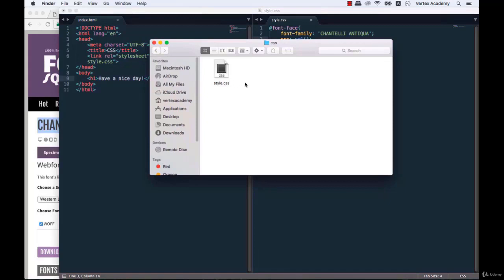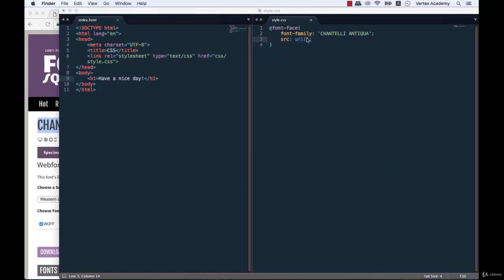Alright, so you need to understand that we're already in the CSS folder when we are writing the path, right? So if we want to get to this font file first, we need to get out of the CSS folder that we are currently in. That's why we add these two dots. And the two dots mean that we're getting out of the CSS folder to a higher level. Then we need to enter the fonts folder, which is in the same parent folder as the CSS folder. So we're just going to write fonts,